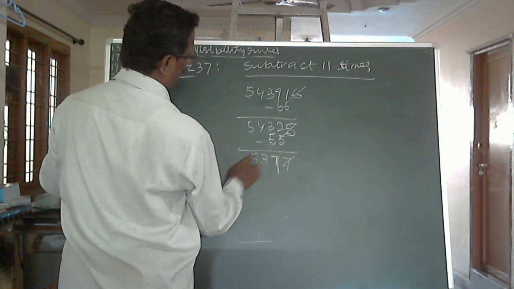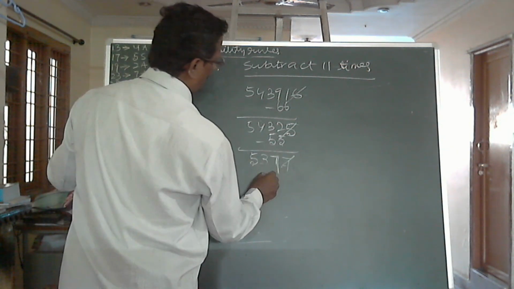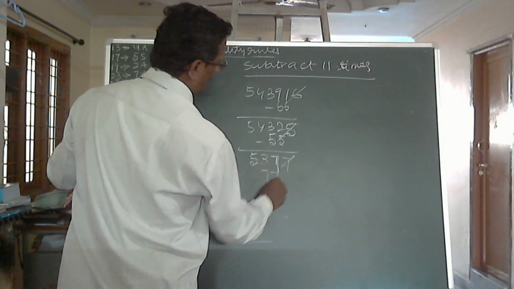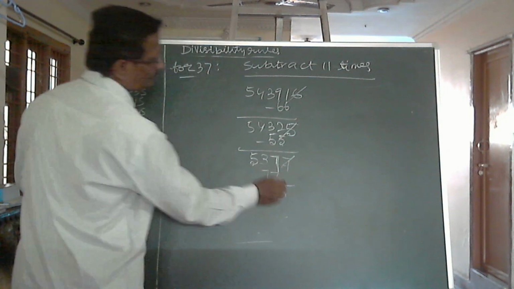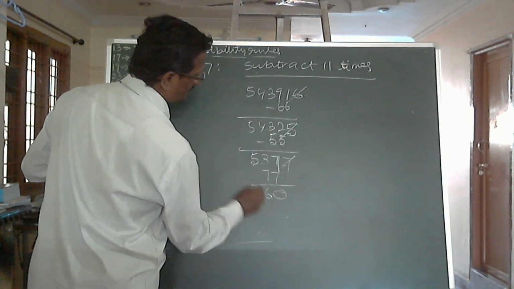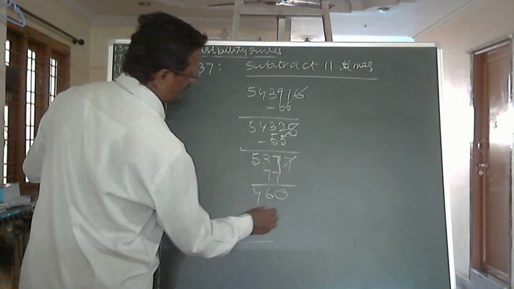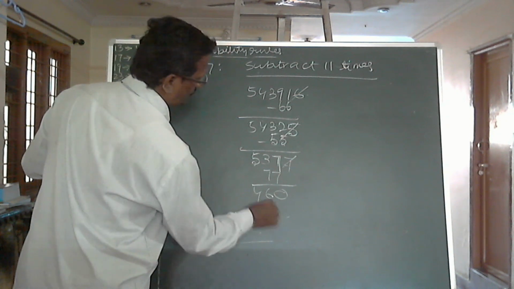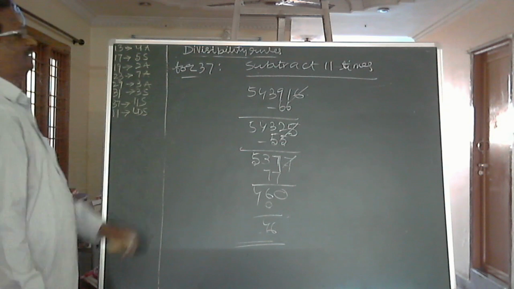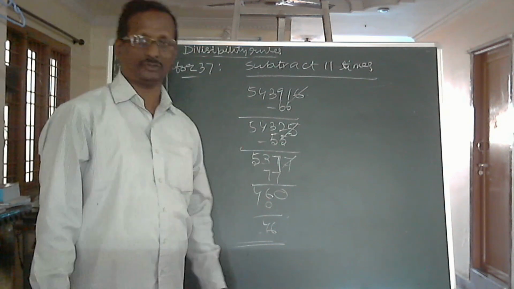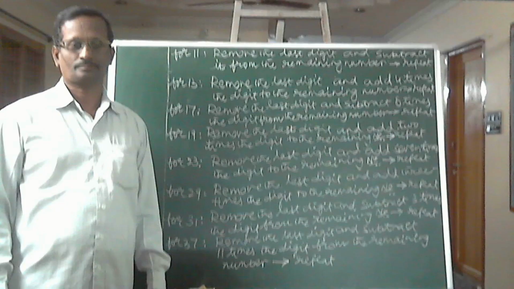This is a 3 and this is 5. Cut this. 11 times 7 is 77. 7 minus 7 is equal to 0. 13 minus 7 is equal to 6. This is 1 already borrowed. 46. 11 times 0, subtract from 46. So 46 is not divisible by 37. Therefore, the whole number is also not divisible by 37.